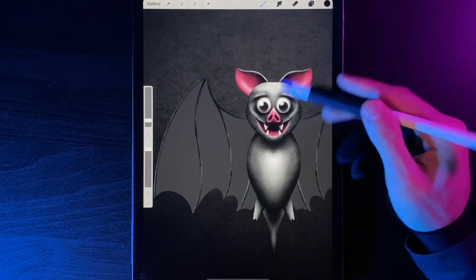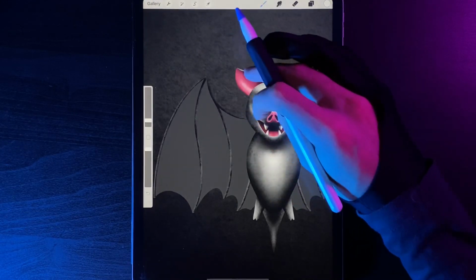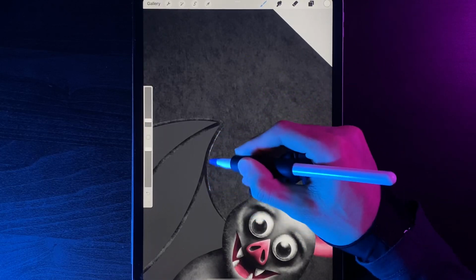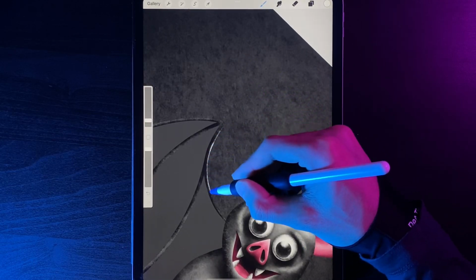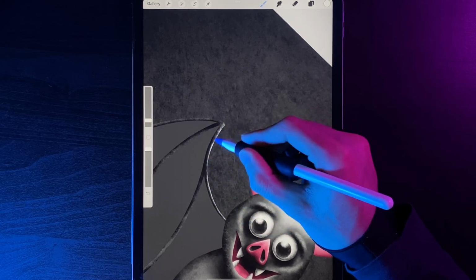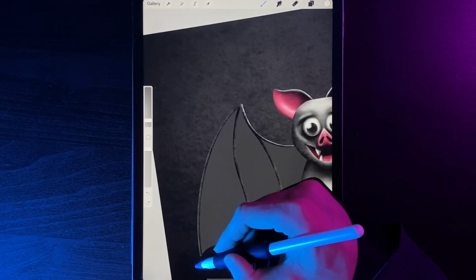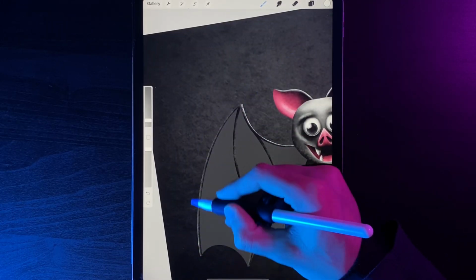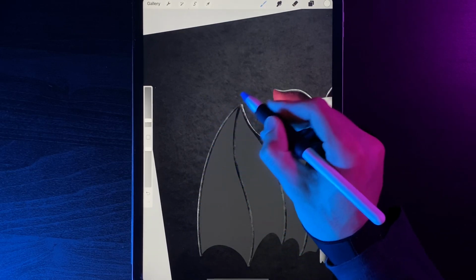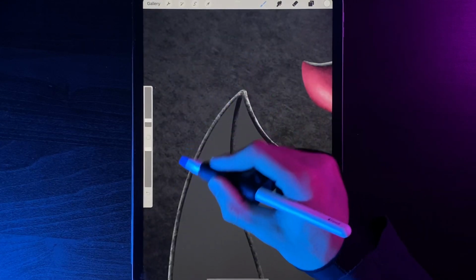Now, it might be looking very dark obviously at this point, but now let's switch it out to our white, and this will really bring it to life. So let's start at the top. I'm going to go right around the top edge here, adding in a really nice strong white highlight up into that top edge like so. And then we're going to have to do a very long swoop here, make sure we don't go too far inside the shape. Just adding that swoop all the way up to the top, adding in that brighter edge